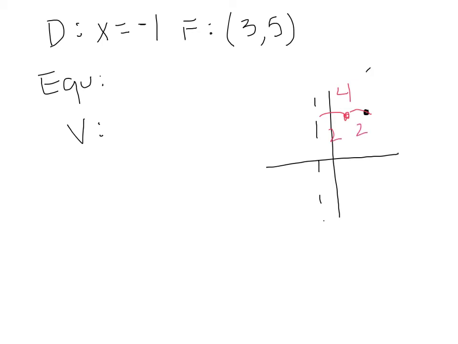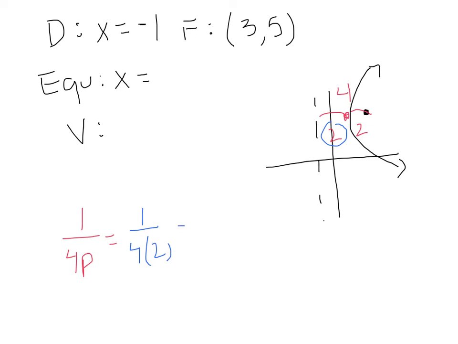So this gives me some clues about how to find the vertex. I know that my parabola is going to open to the right, so it's horizontal. So I'm going to get my equation started before I worry too much about the vertex. x equals. Now we are going to have 1/4p as our a value. Now looking at our picture, p is the distance you travel from the directrix to the vertex and the vertex to the focus. So that's going to be 2. So 1/4p is going to be 1/4 times 2, which is going to be 1/8. So I'm going to fill that into my equation,